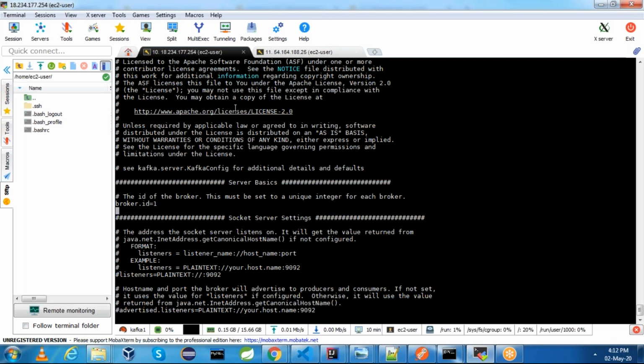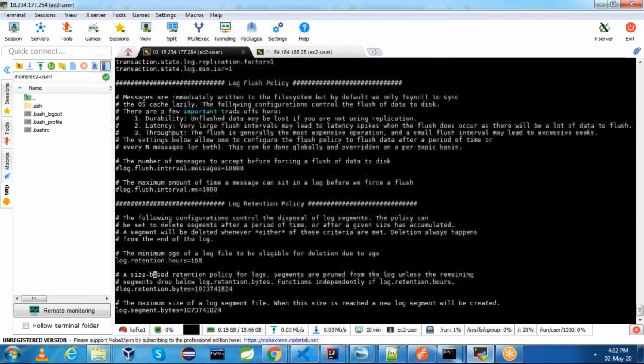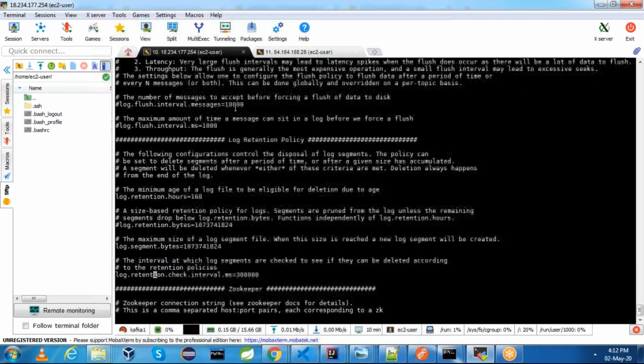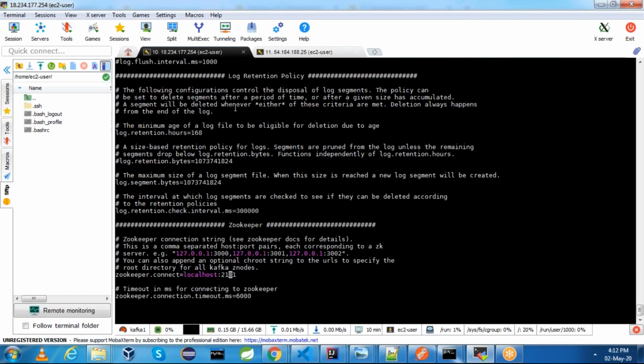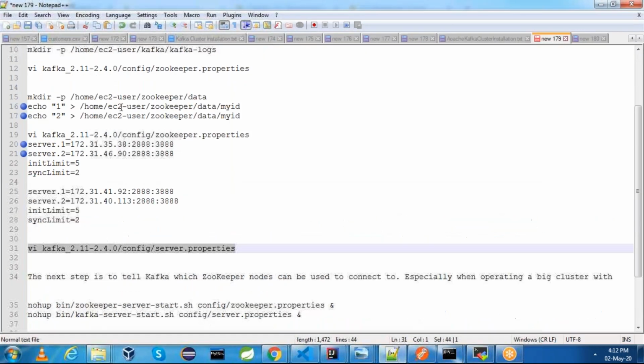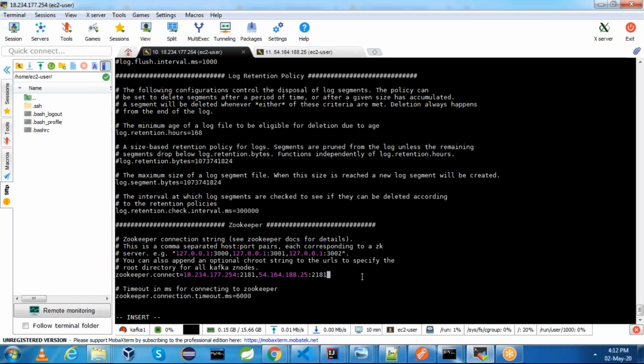And then there is something called zookeeper.connect, where you need to mention where your Zookeeper is running. Go till the end and copy this one. This is zookeeper.connect. In this file, it is done.